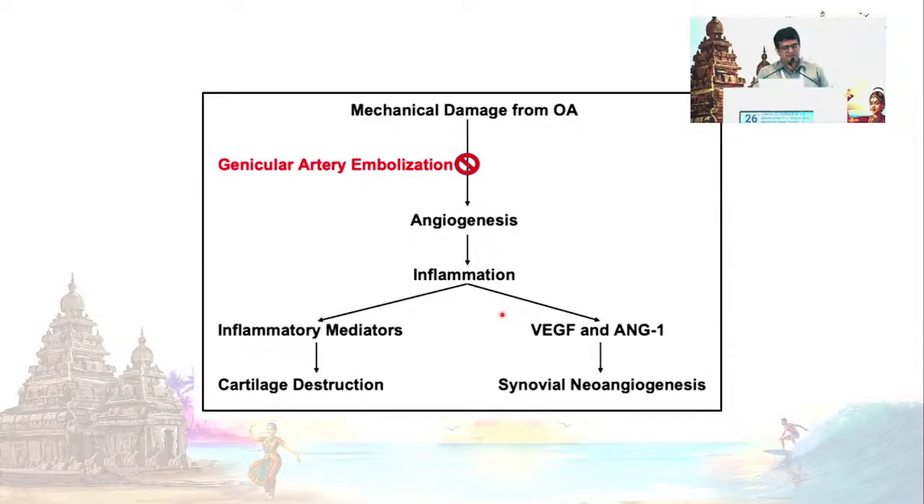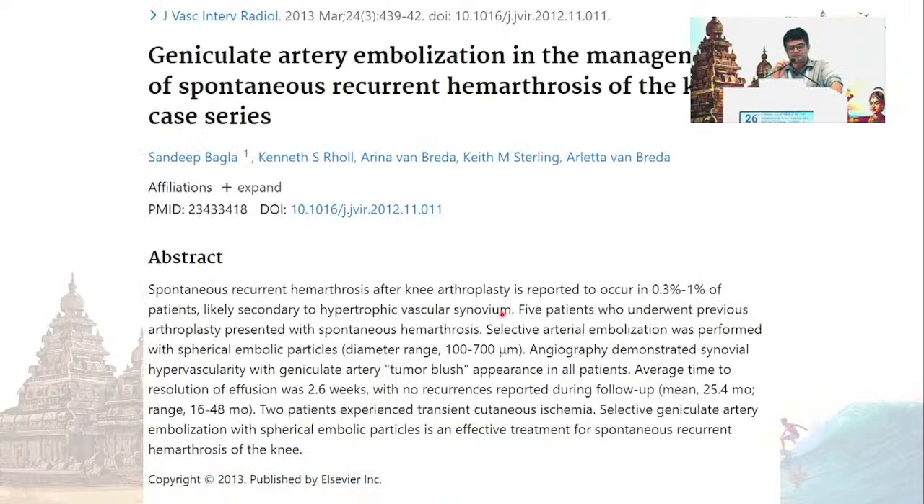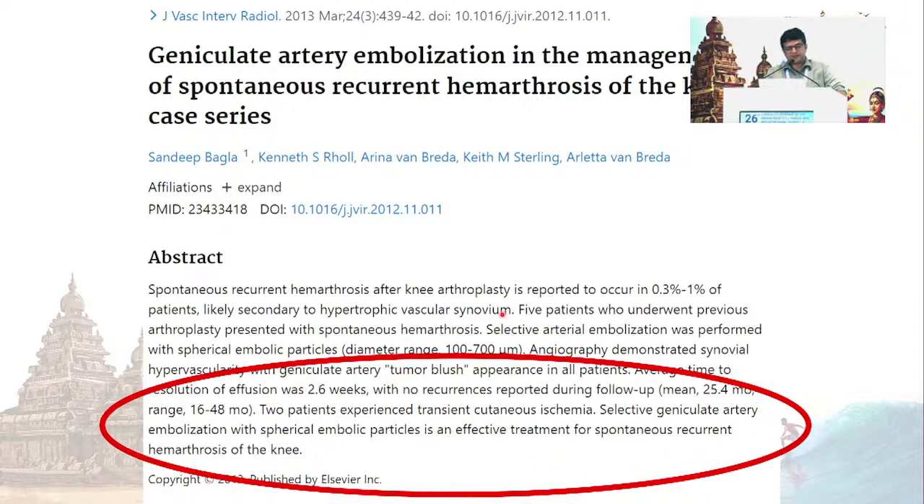So after a big damage from OA, we embolize the arteries, angiogenesis stops and thus inflammation. Embolization, we saw about the etiology, now about the papers about embolization. This is the paper which shows an embolization in which we embolize the blush. There is like a typical tumor blush we see in the giant cell tumors. We embolize the blush which is seen in all the arteries, and